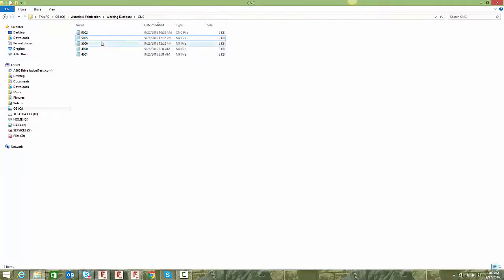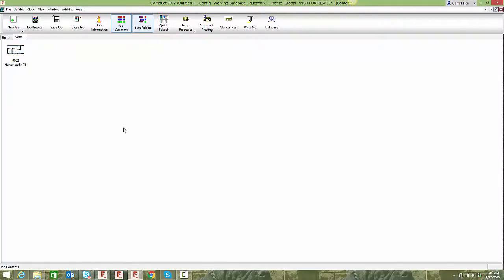I go look at my cut file. It's 9002 and it was at 1008. Now 9002 is going to remain. That is my metal file. But what I want you to notice is I'm going to jump back into CAMduct, and now I'm going to